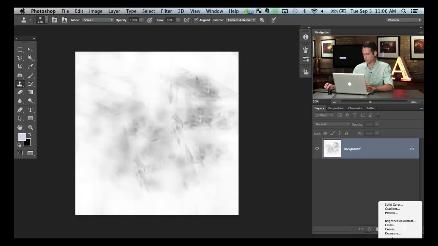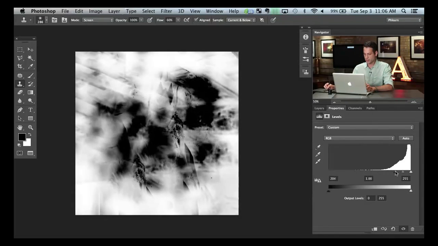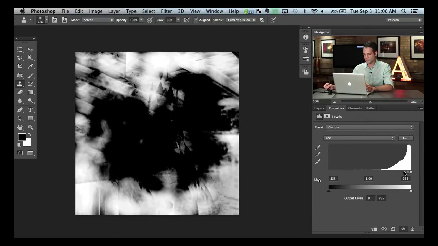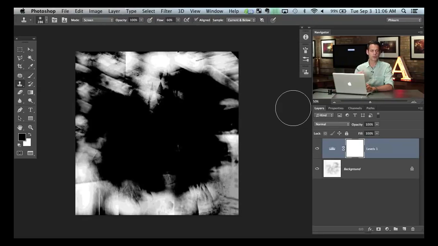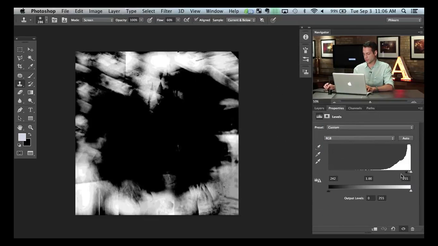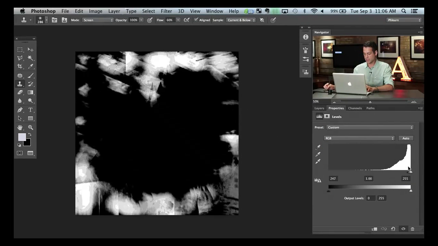So I'm going to grab a levels adjustment layer, and I'm going to drag my darks, and we're going to make them even darker. We're going to take our black point and bring it up a little bit. Now I'm going to bring it way up to right about there. The reason why is because, remember earlier we talked about if you create a custom brush that has definable edges around it, you're going to see those edges when you actually wind up painting with your brush. So in order to avoid that, I grabbed my levels adjustment layer and cranked it from the left all the way to the right here,